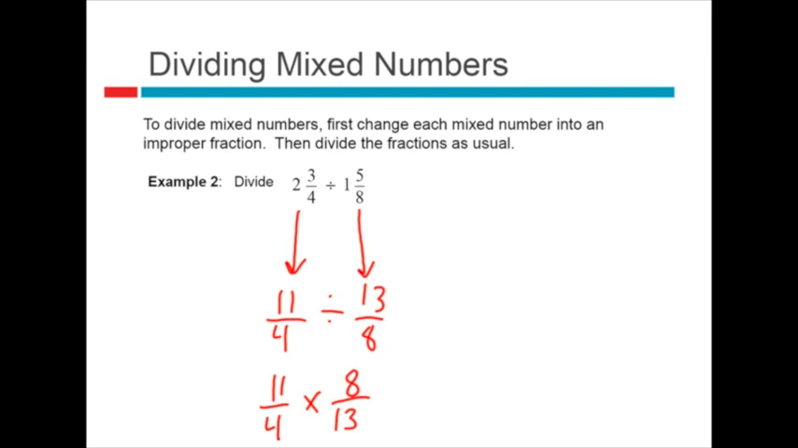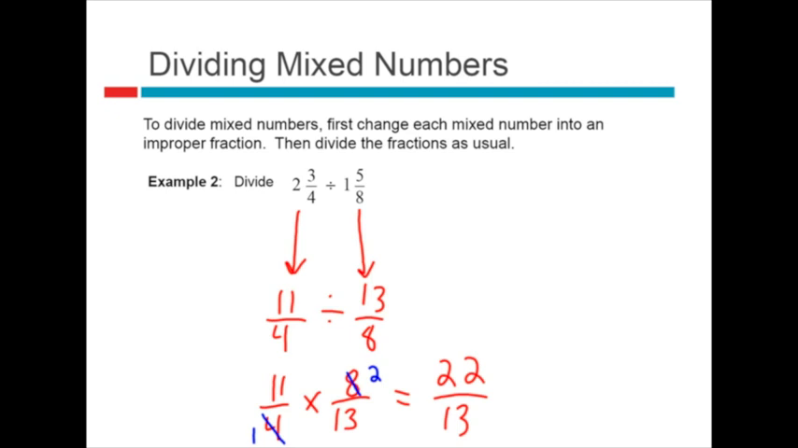You may see that there's a little cross-reducing that we can do here to make our problem a little bit easier. 11 and 13 cannot be cross-reduced, but the 4 and the 8 can both be reduced. They can both be reduced by 4. So 4 divided by 4 is 1. 8 divided by 4 is 2. And then we can multiply across, and 11 times 2 is 22. 1 times 13 is 13. And then it looks like we have our answer,